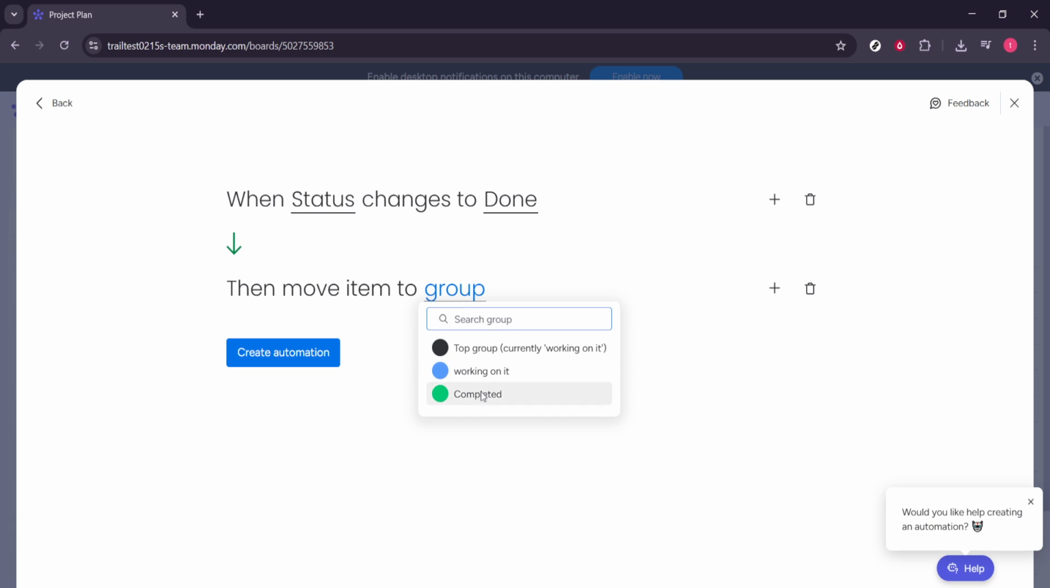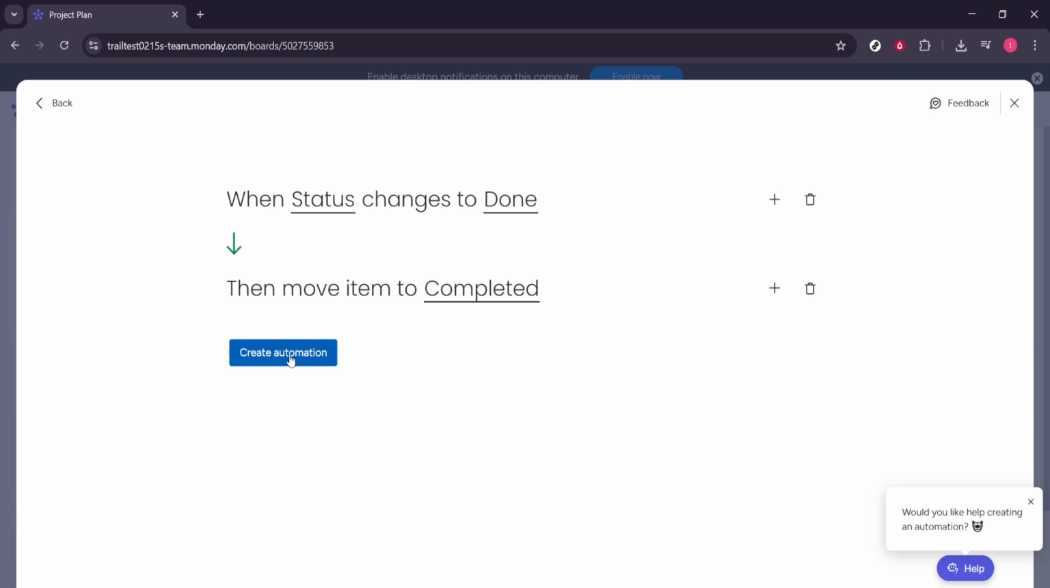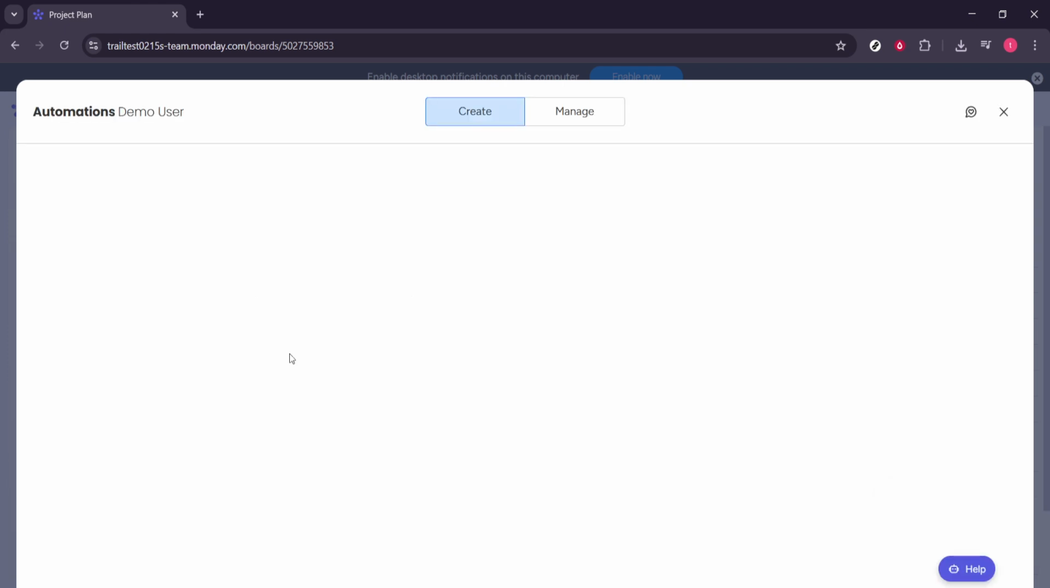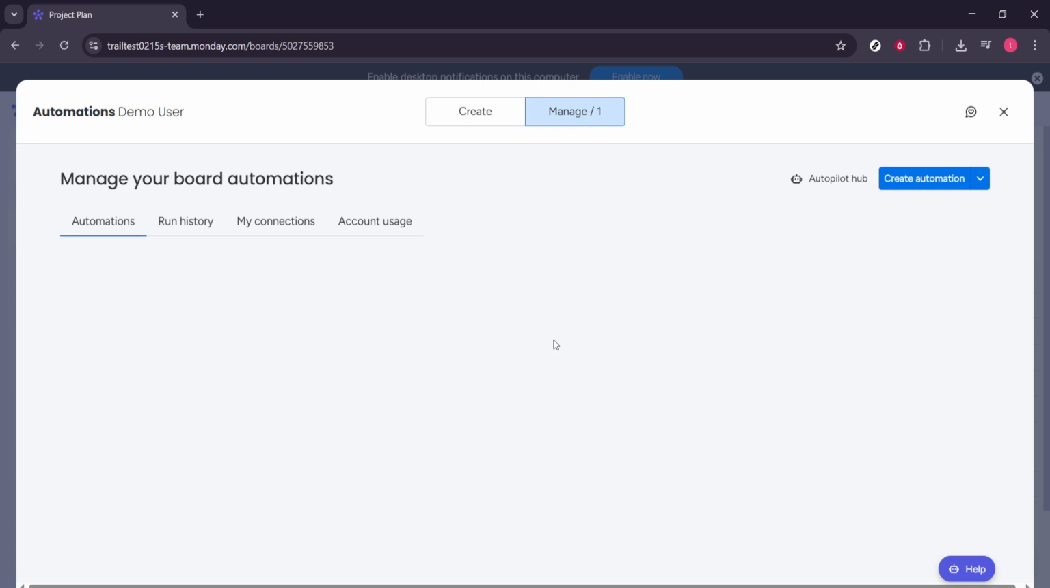If it doesn't, double-check that you selected the correct status column and the right group, and ensure you have permission to use automations on this board. You can always return to Automate to edit, pause, or duplicate this rule later. And that's it. Your to-do list now organized